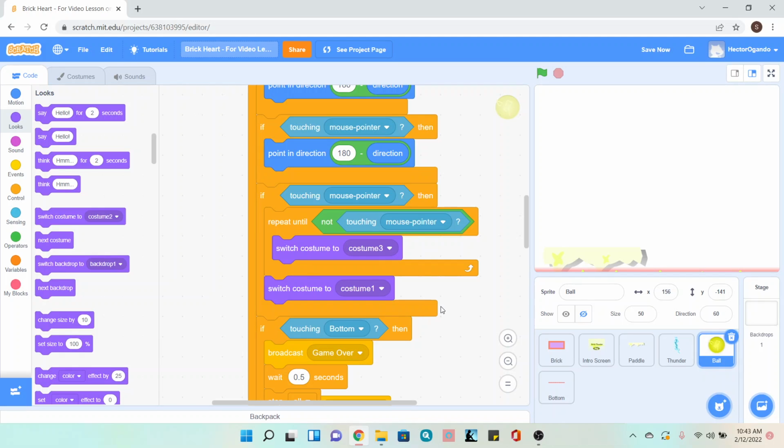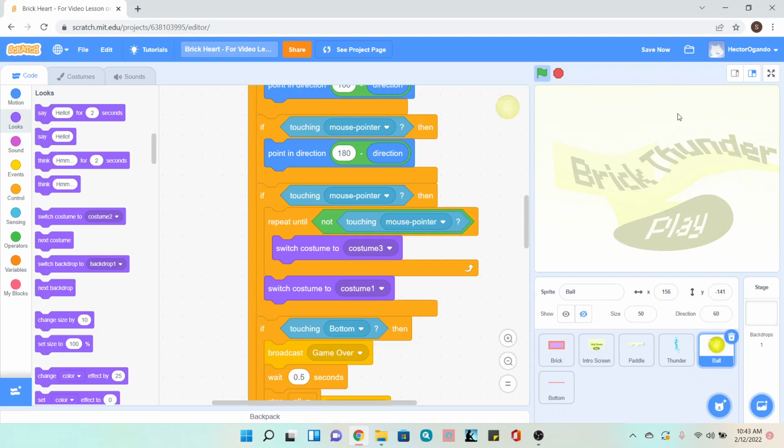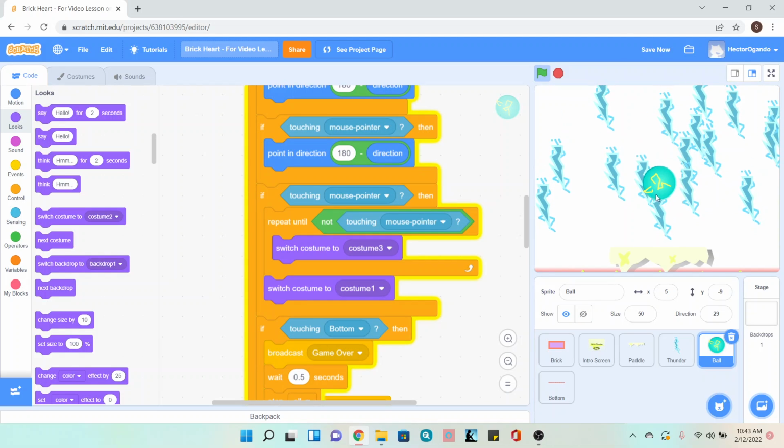So as long as it's not touching the brick, then we're perfectly fine. And if it is touching the brick, then we know that it needs to change to something else. So you won't be able to fully test this, but you can try using your mouse. So you can see that it touches color